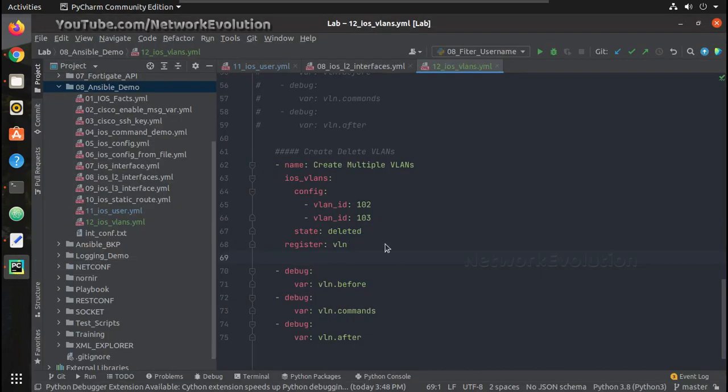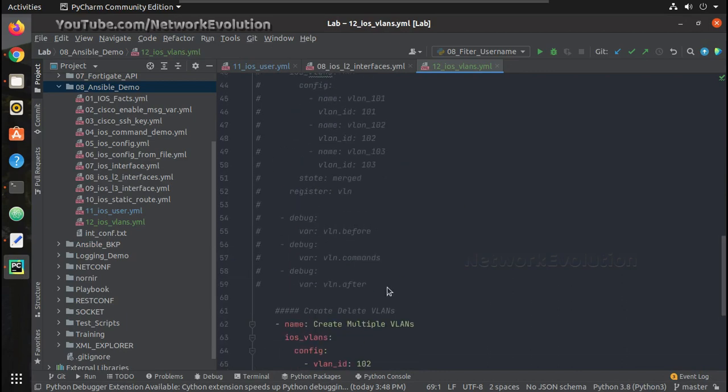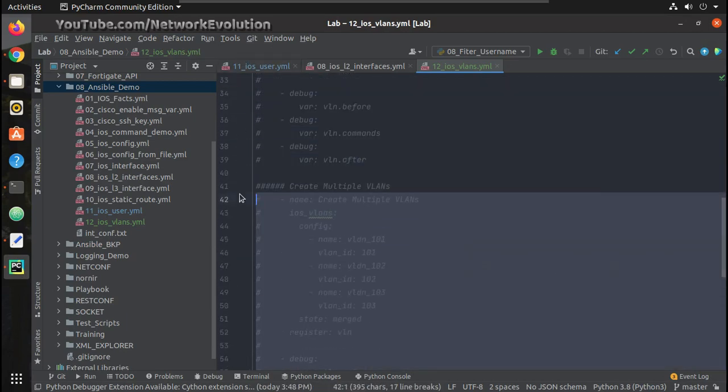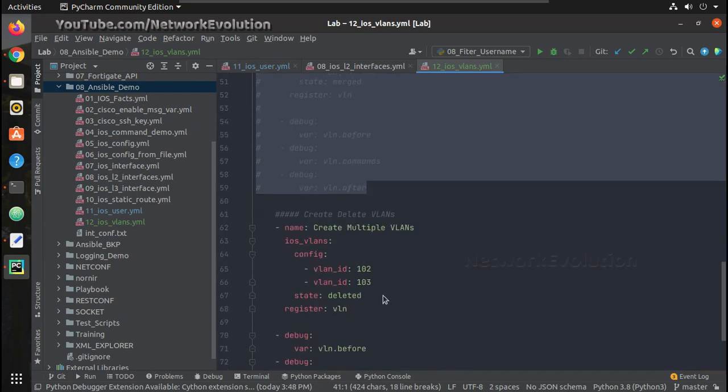Now we will see how to use overridden. And for overridden we can copy this.